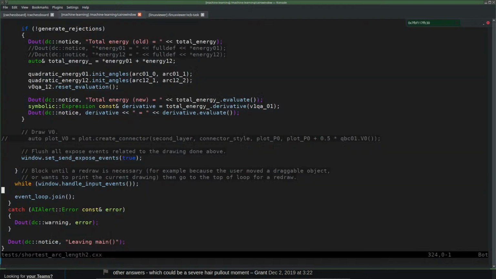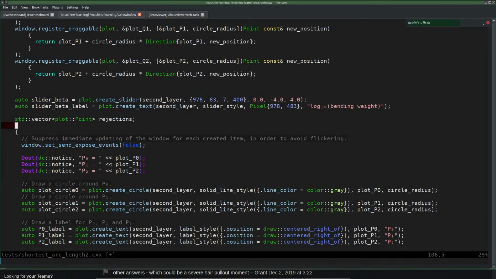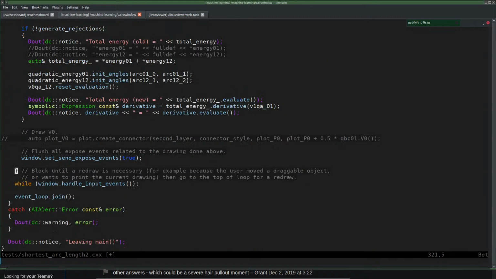Let's first fix it in one. That this must become again while true. And then this must become